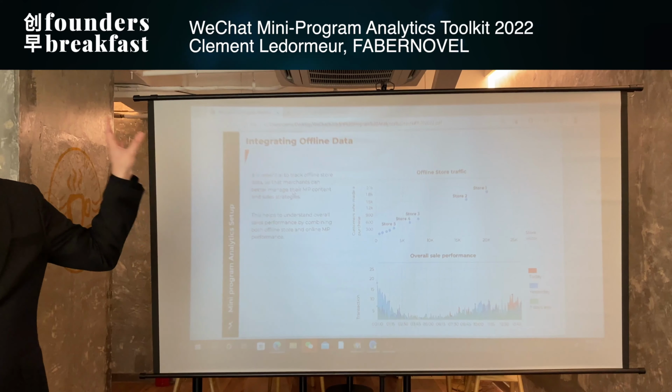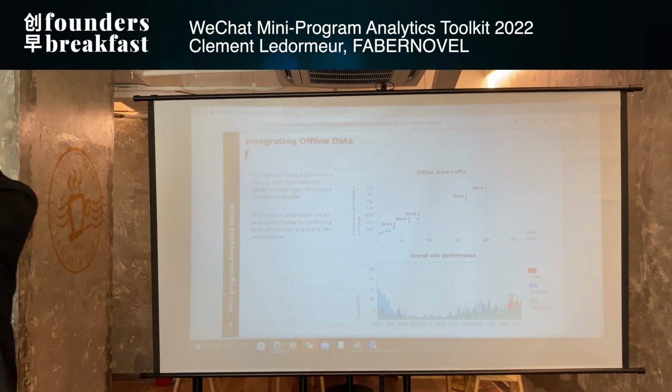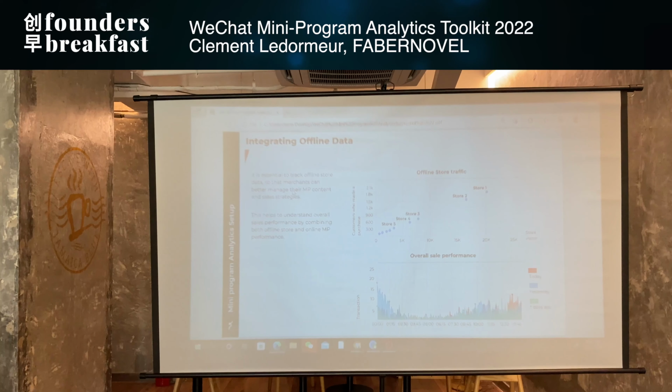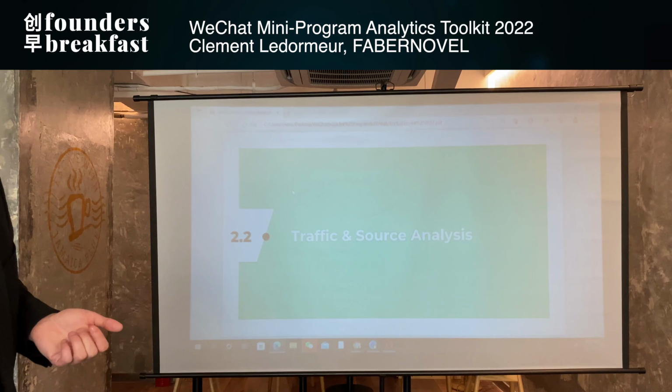Very quickly on this, this is a screenshot from Tencent Yoshu, which is a big data platform from Tencent. What is interesting about this platform in particular, and I will be very quick, is the possibility to integrate with offline, to see the store performance of your brand. You can see how much revenue and connect that with potentially media buying, with traffic, and other sources of data. So it's getting very, very popular.